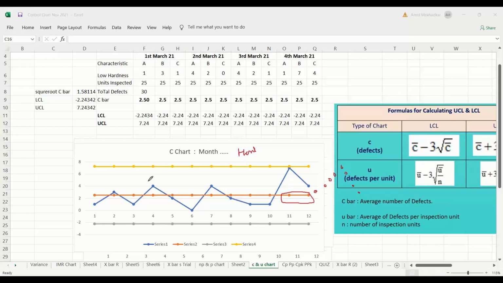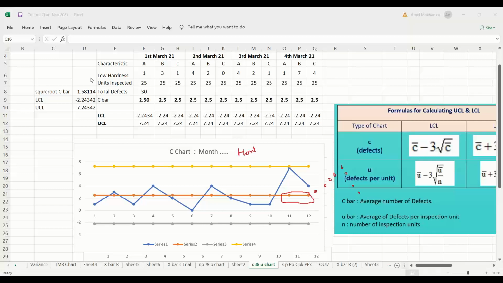So any doubt in this C chart? Any questions you have for the C chart? Because it is very simple. And the thing is that you people need to try it. Try it with actual data, try it with any imaginary data, but try to prepare. Take any defect. You can take a day-to-day example also. Vehicle breakdown. How the vehicle gets breakdown, the puncture, this and that. So just note it down. Or if you can take your industrial example, it is very good because the data is available. Only thing you need to take some effort and plot this.